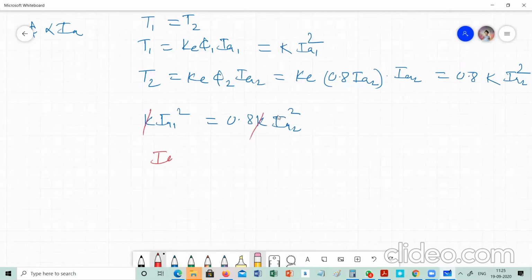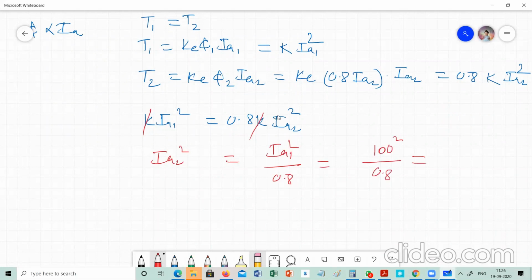So IA2 square is equal to IA1 square by 0.8. IA1 is equal to 100. So 100 square divided by 0.8. किती येते जरा सांगा? 100 square by 0.8. 10,000 by